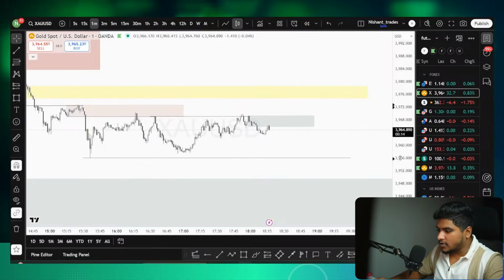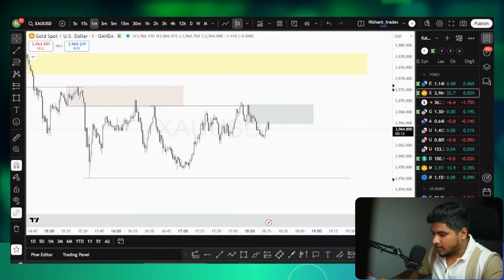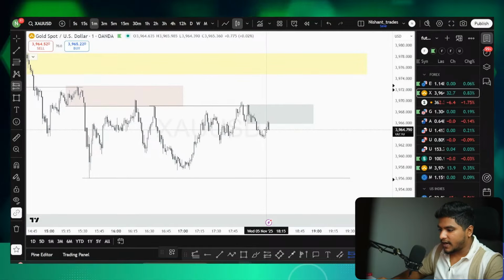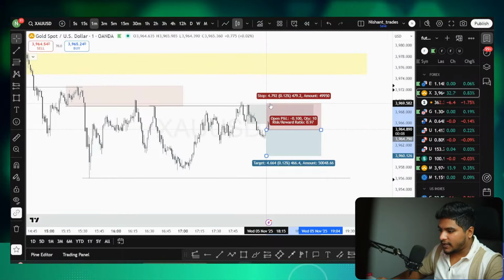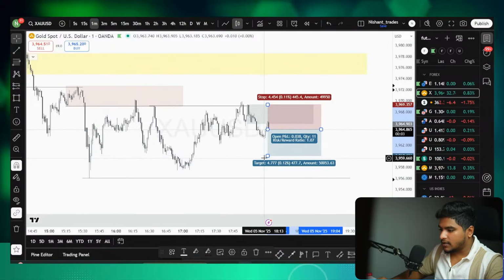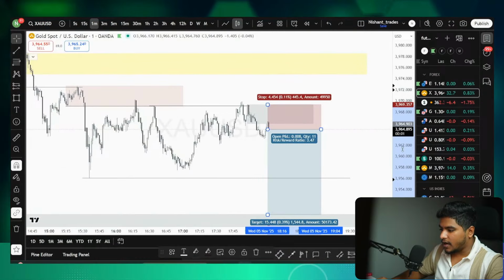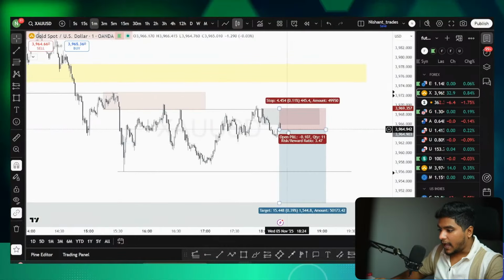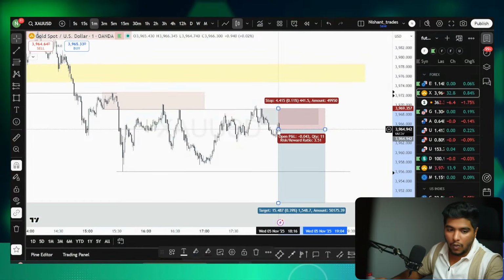The rejection looks solid. Enter with 0.5% risk right here. 45 pips as your stop loss, and your target is 1:3.5. I'm risking just over